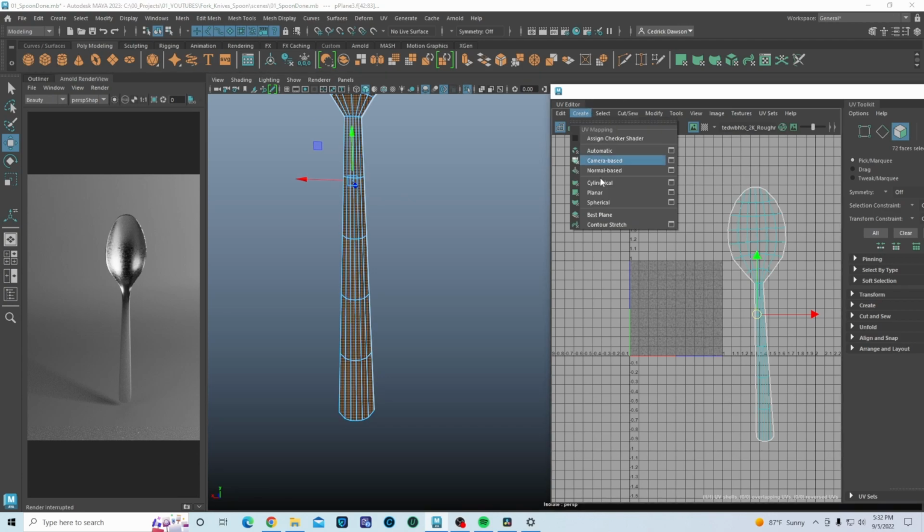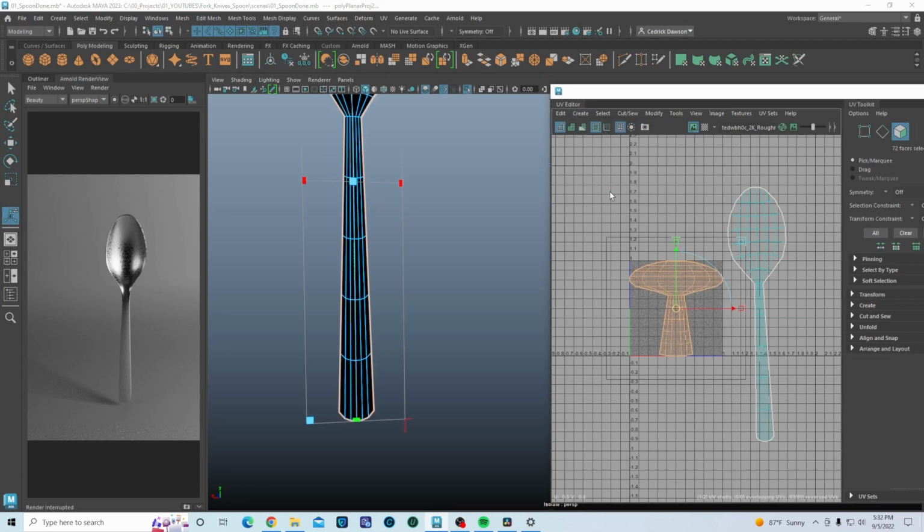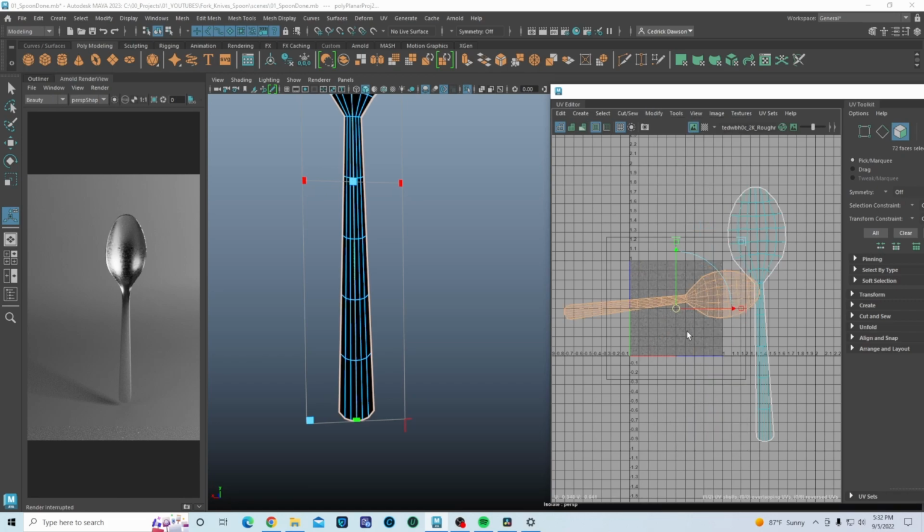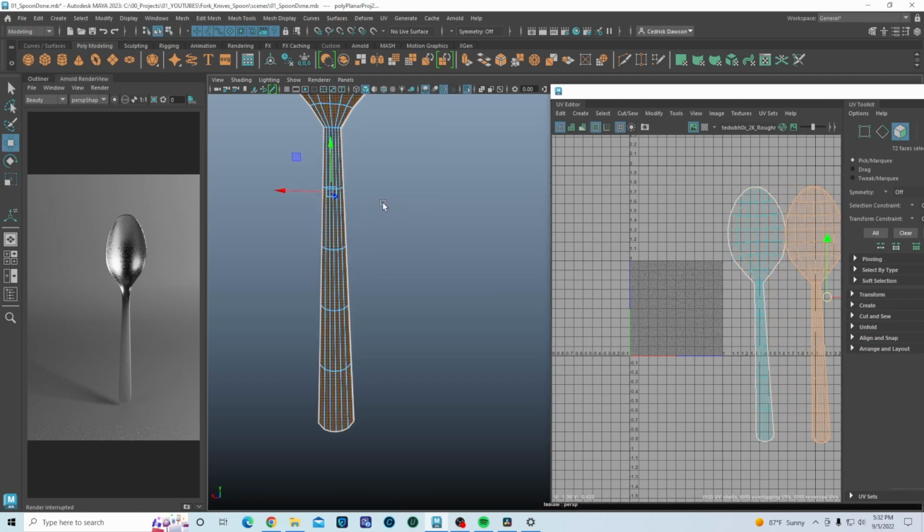We'll go back to create, and then planar, and then we'll go to modify, unfold, we'll rotate it, kind of scale it up like that. Okay, and then last but not least,